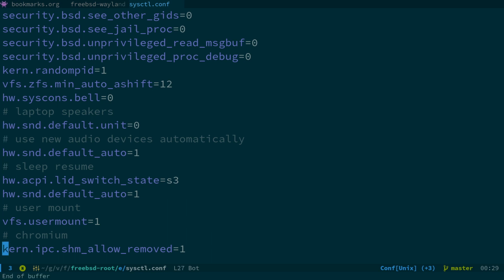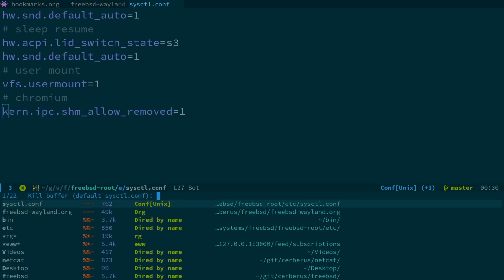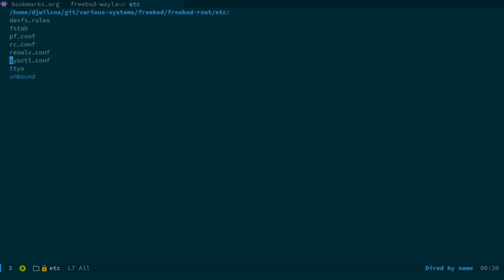Okay, I think this may be needed for Chromium. It used to be in the past, I'm not sure if it still is. kern.ipc.shm_allow_removed=1. So that's something that may be required. Let me just check if there's anything in